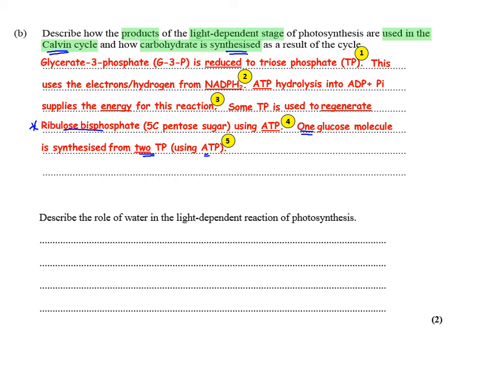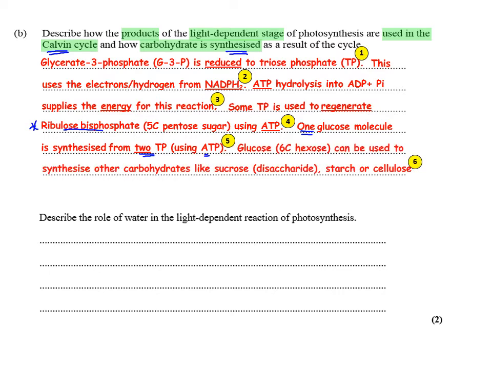Now we know glucose is the starting molecule for many different organic molecules inside plant cells. So this glucose can often be used to synthesize other carbohydrates like sucrose, and we know sucrose is really important in plants because it's translocated away from the leaves up or down the sieve tubes in the phloem. We know glucose can be used to make starch, and this is a storage structure for chemical energy, and it's made of amylose and amylopectin. And we also know glucose is needed, beta glucose, to make cellulose. Now cellulose is very important in plant cell walls.